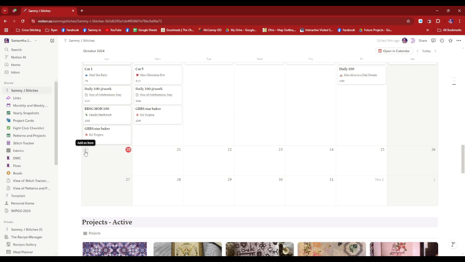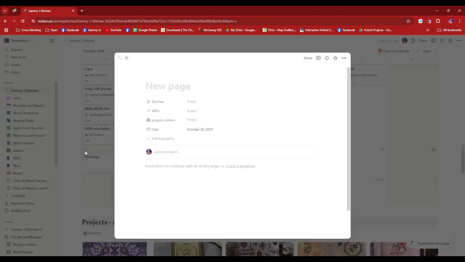Excuse me. So I'm going to hit add an item. It's going to take you to this page. Now, this page, it links to several different databases. So when you put in information here, it goes everywhere that you need it to go. So there are different ways to label this page. The label is not searchable. However, I will show you later what makes this label so